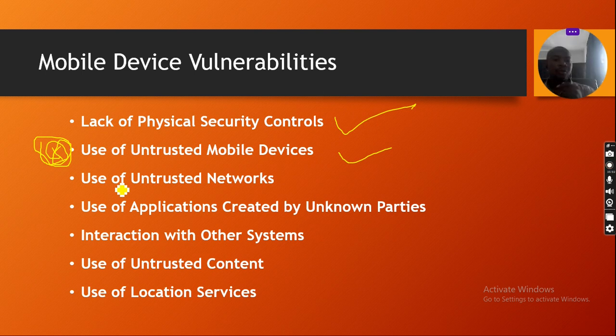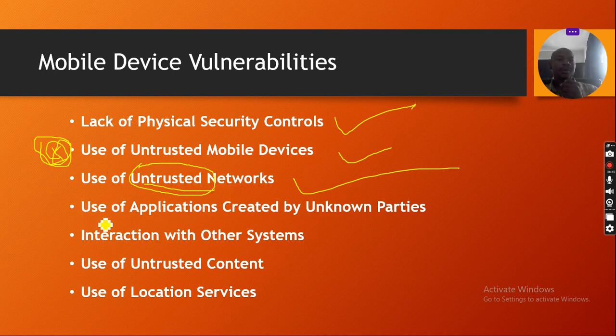Then another one is the use of untrusted networks in your working area. Some mobile phones easily access networks that may not be trusted, and this creates an opportunity or vulnerability for hackers or adversaries to access the organization whilst employees are using their phones, using your internet or your networks to access untrusted networks. So this can bring a lot of damage to an organization.